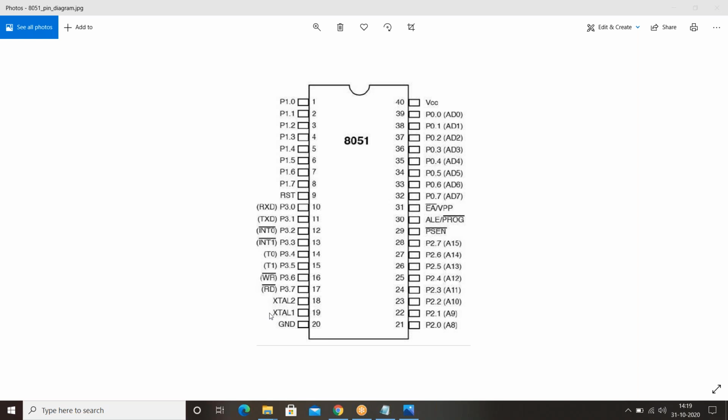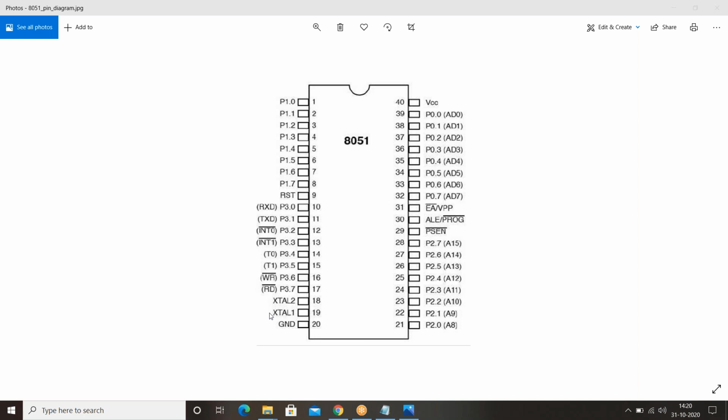How much external memory will be connected to the 8051 microcontroller? Guys, respond. Internally, 4 kilobyte of ROM, and externally 64 kilobyte. That's good. Because 16 address pins are there, it means 2 power 16 is equal to 64 kilobyte of external ROM that will be connected to the 8051 microcontroller.